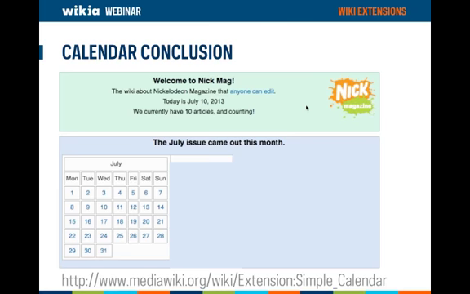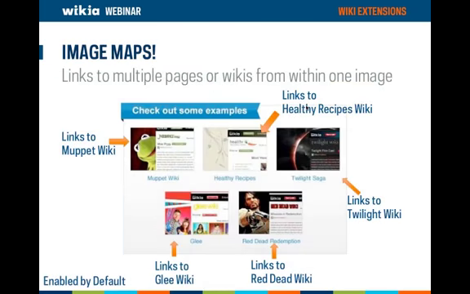Now let's move on to image maps. Many wikis have images that link you to a page. But sometimes images have a lot of different subjects or themes, and it's helpful to link to more than just one page. So let's say, for example, you have a picture of the American founding fathers signing the Declaration of